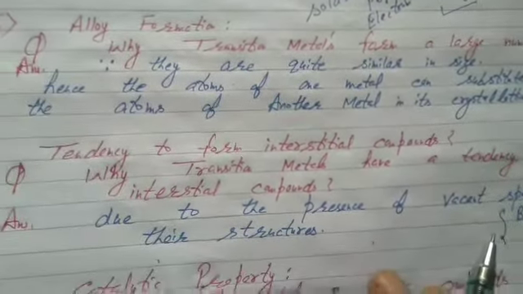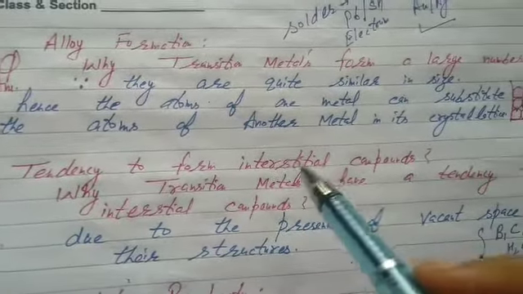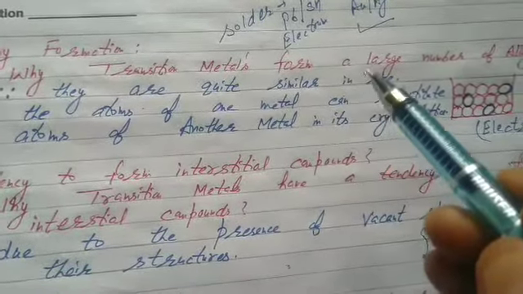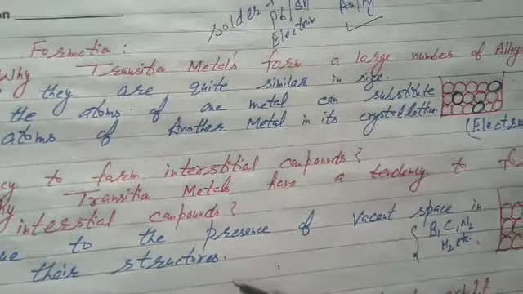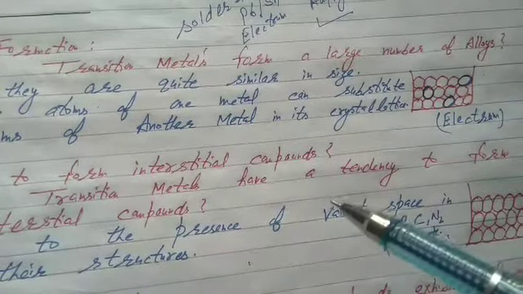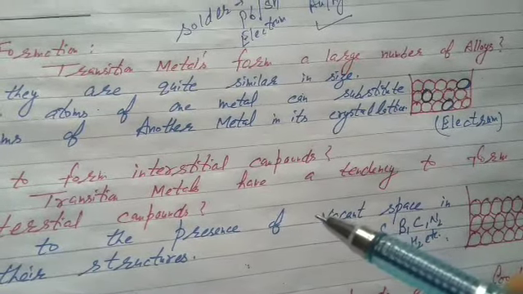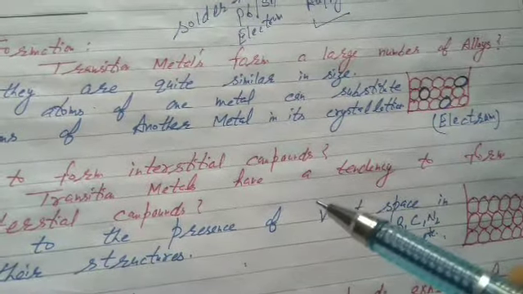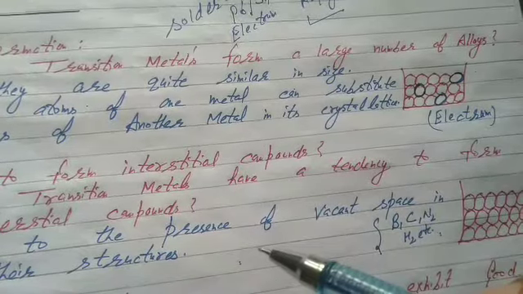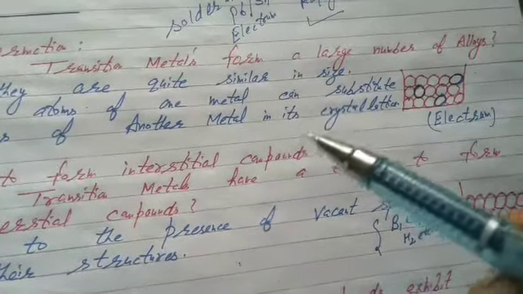After this, the next property is the tendency to form interstitial compounds. Students, again you should know alloys are harder and stronger than pure metals, because in pure metals identical atoms are arranged, while in an alloy